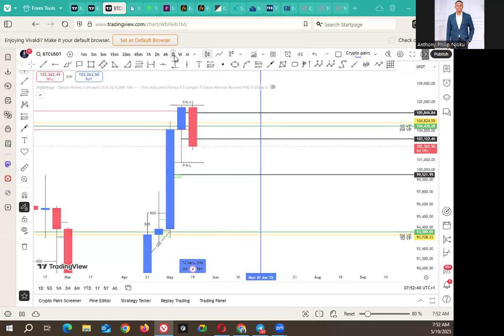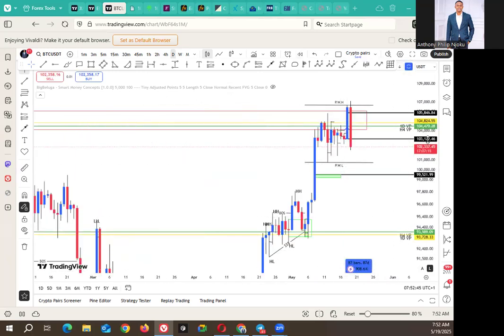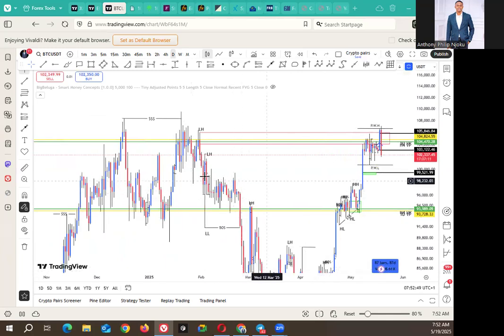Then we go to the daily time frame. And daily time frame is very interesting. What we see, you see that the market has been having some ups and downs for Bitcoin recently. Okay, and it's indecision in the market that is causing that. Because on the daily time frame,